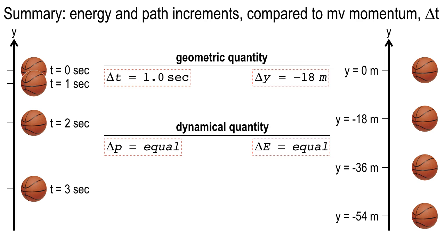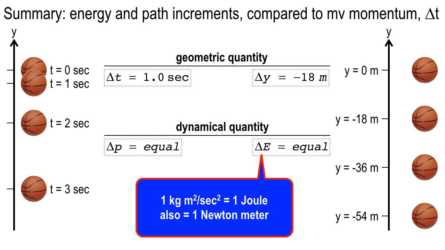Now, I'd like to add in one more thing. The units of energy are the units of kinetic energy, and kinetic energy is 1/2 mv squared. 1/2 mv squared is a kilogram times the square of a speed. So a kilogram times a meter per second, quantity squared. And so that works out to kilogram meter squared per second squared. In the metric system, the units of energy are kilogram meter squared per second squared.